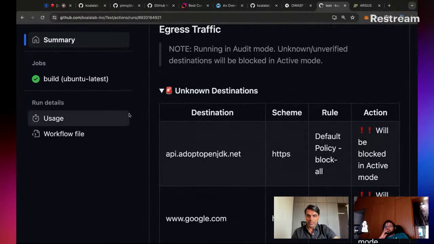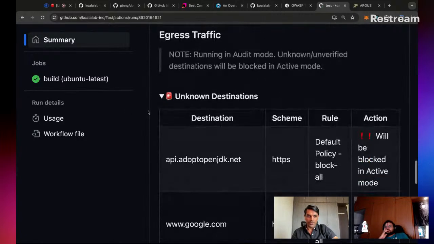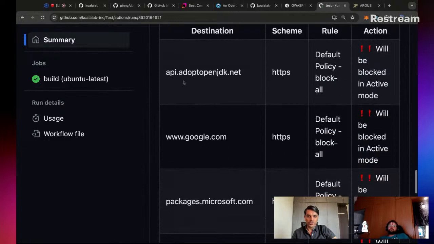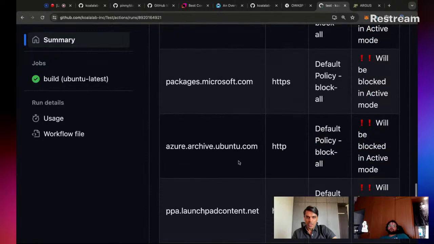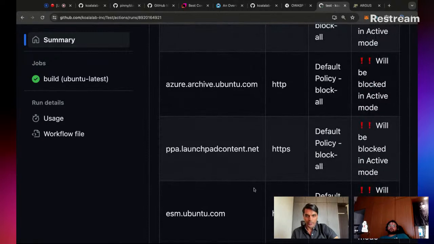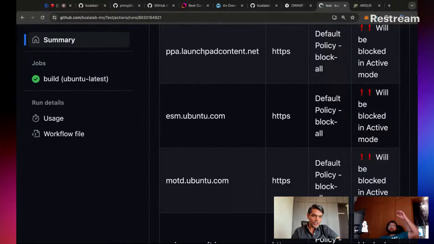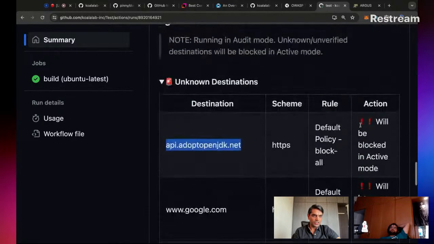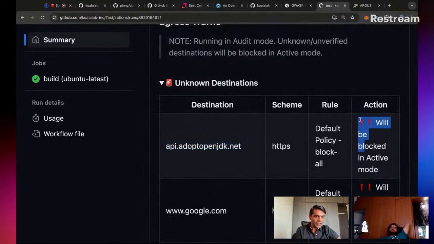Let's look at the egress traffic part. We can see that in the egress traffic part, there are calls to API Adopt OpenJDK, then there are calls to Ubuntu or Launchpad content. These calls, as you can see, have an action associated with them that they will be blocked in